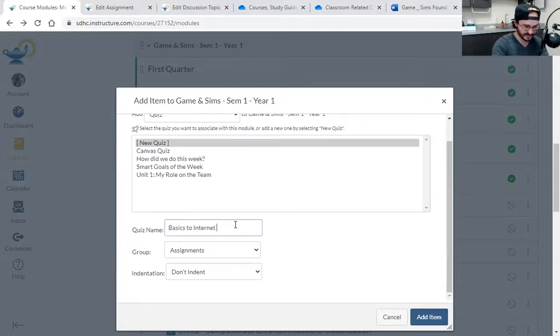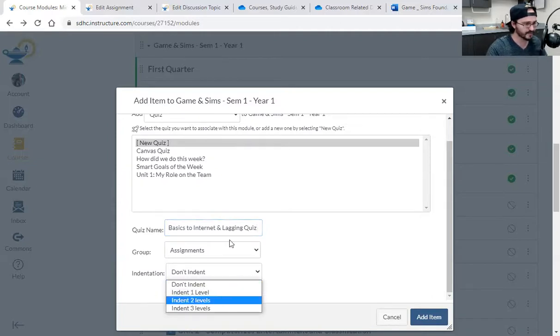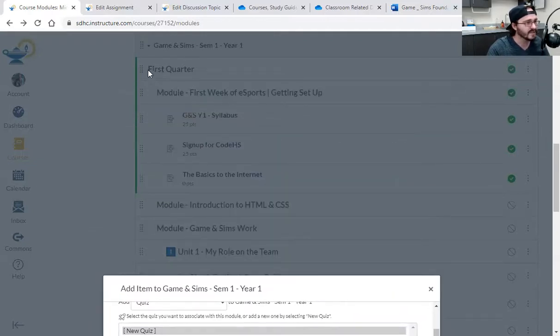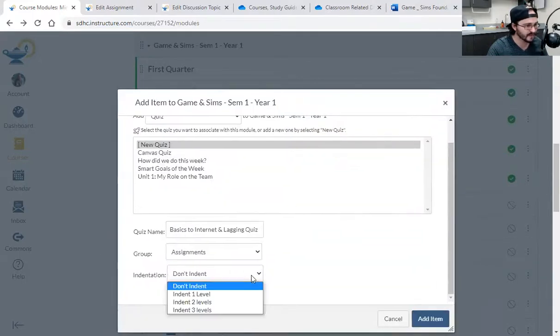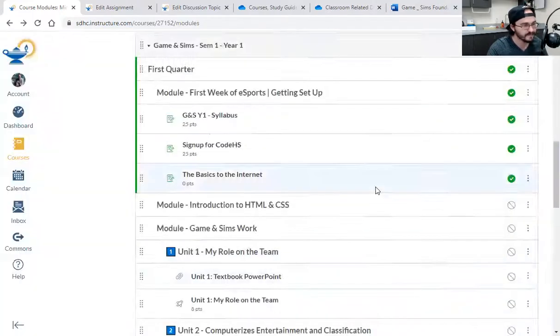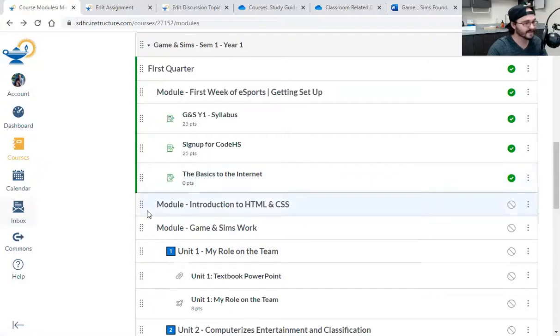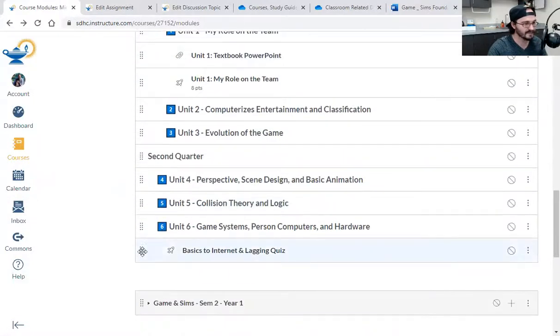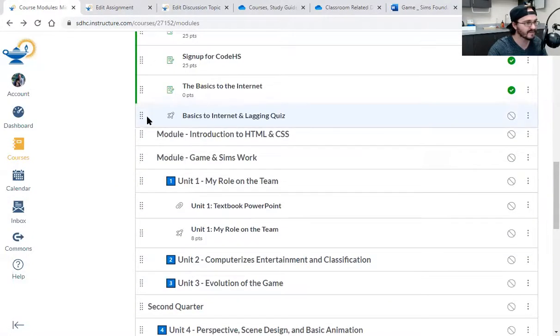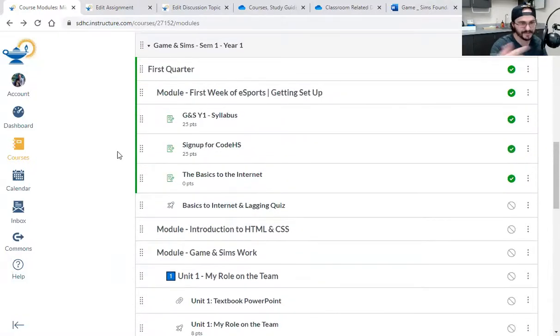And I also talked about lagging. Who cares about the group? Let's see, that's 0 indents, 1 indent, that's 2 indents. We're gonna go double indent. Where'd it go? Where did it go? It's at the bottom. It always goes to the bottom of the module. You have to drag it over.